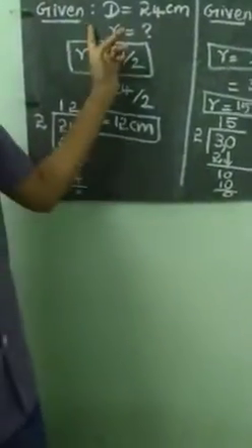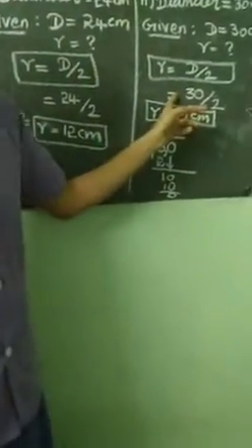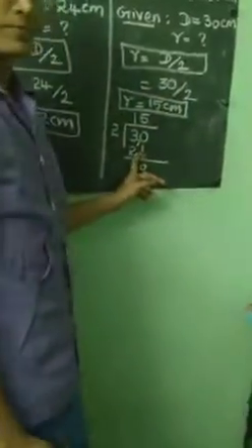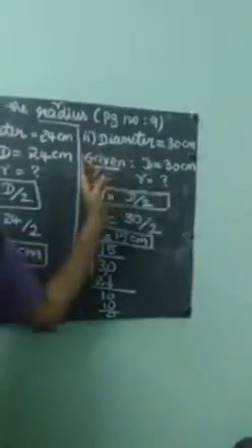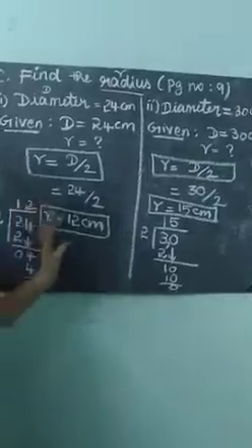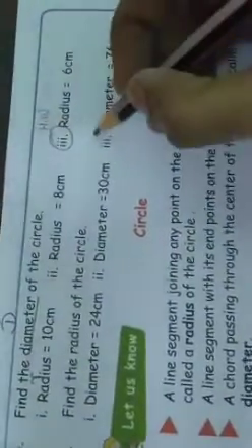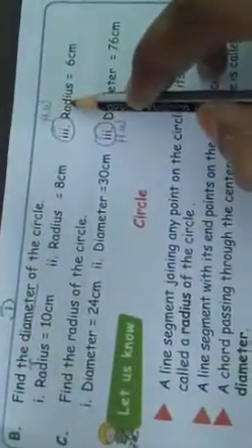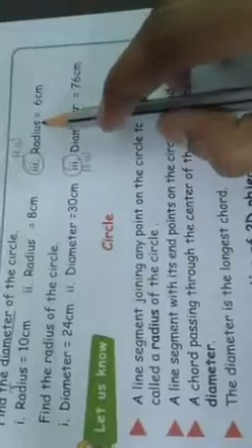Okay, ma. Now I have done first and second sum for you. Third sum is your homework, ma. Diameter equal to 76 centimeter, ma. Third sum question, that is your homework. Okay? Now, what is your homework? Radius equal to 6 centimeter and diameter equal to 76. These two sums are homework. In this sum, you want to use the diameter formula, and in this sum you want to use the radius formula. These two sums are your homework. Okay, write in your note and take the photo and send to the group.